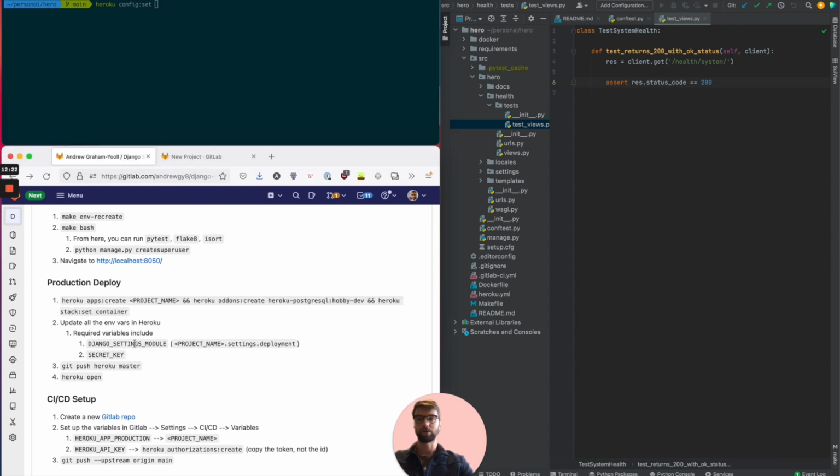And one of the things that we need to set is the Django settings module, and this will be named hero.settings. It's called hero.settings and deployment. This hero is the name of this directory here. The other thing that we want to do is heroku